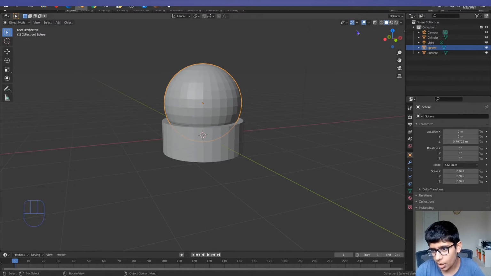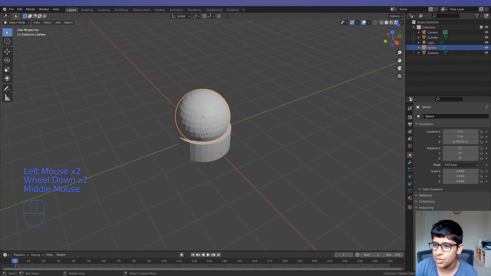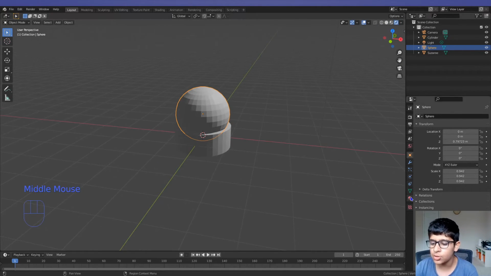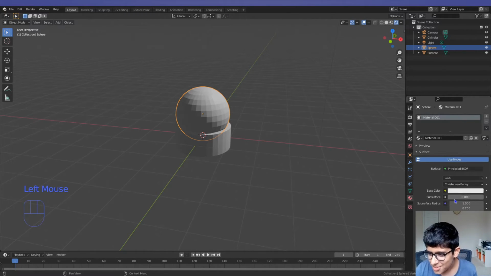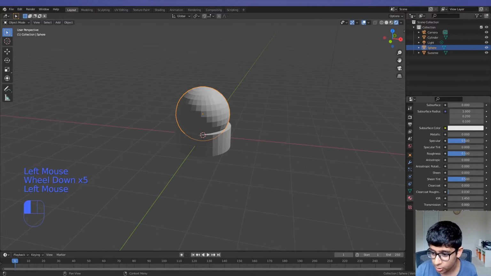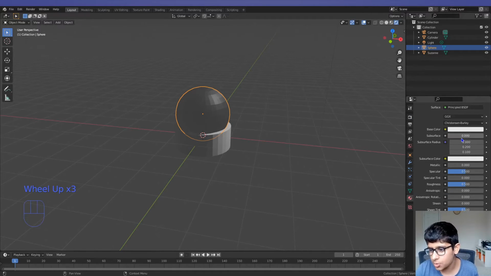So how we're gonna do that is a bit advanced. I know I use that word a lot. Let's go into this mode, the viewport shading mode for this top right. Just click on the fourth one, and you don't need to know what's going on here because I just want to help you make a snow globe, and we'll learn a lot about this later, like materials and all that stuff. So I just want to help you make a snow globe that looks nice. So turn up the transmission, which will make it